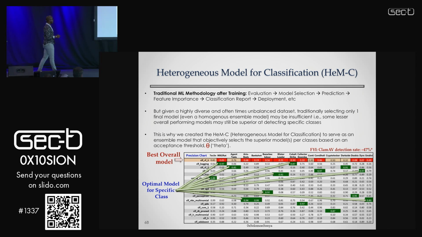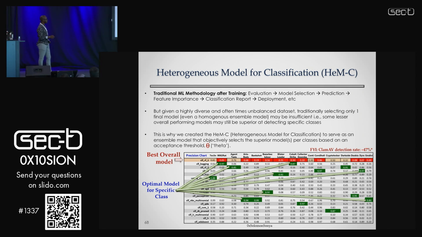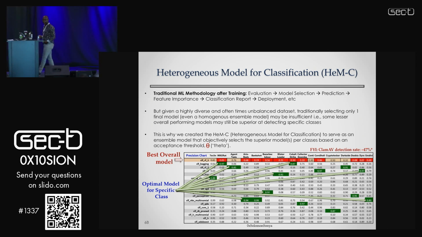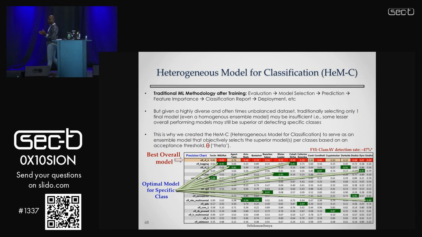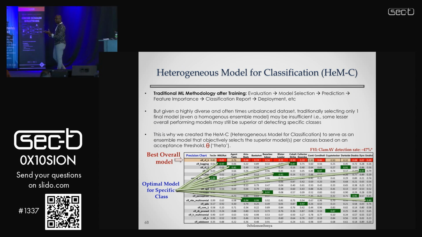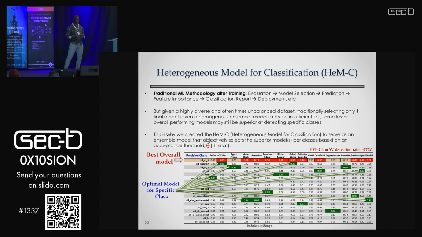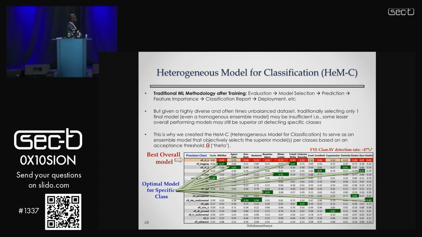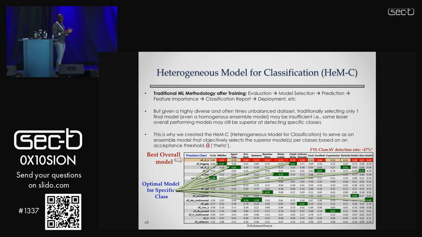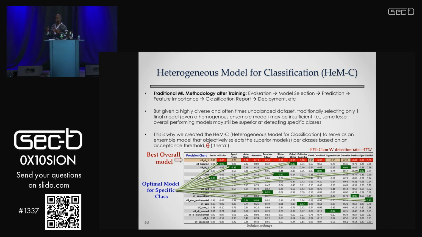Instead of looking at one model, which is usually the best overall model, if we talk about a specific class, that best model is not always good in each class. That's why we spend time to analyze how well each class performs, and then you select the best mechanism from those classes, and then you move forward. In the literature, you'll generally see this referred to as voting or stacking. Voting or stacking is a really good approach, but it's not always one or the other. There are times you have to blend those approaches in order to give us the best detection mechanism.